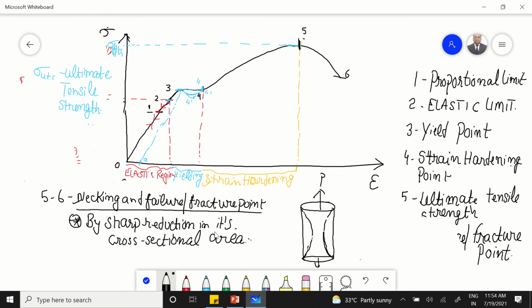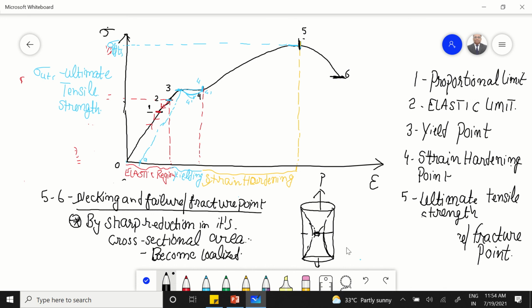Now alternatively we can say this reduction in the cross-sectional area becomes localized, which means this cross-sectional area will continue to reduce till it is confined to a small point, and that small point finally divides the material into two parts, and ultimately the material reaches point number 6, and finally it divides the material into two parts, or we can say the material gets fractured. So this fracture is a localized deformation due to the reduction in the cross-sectional area